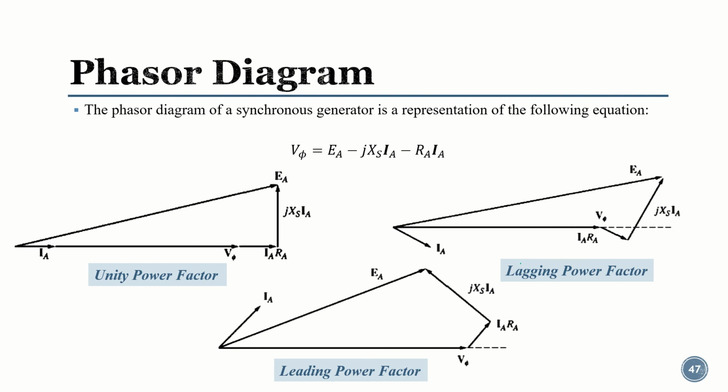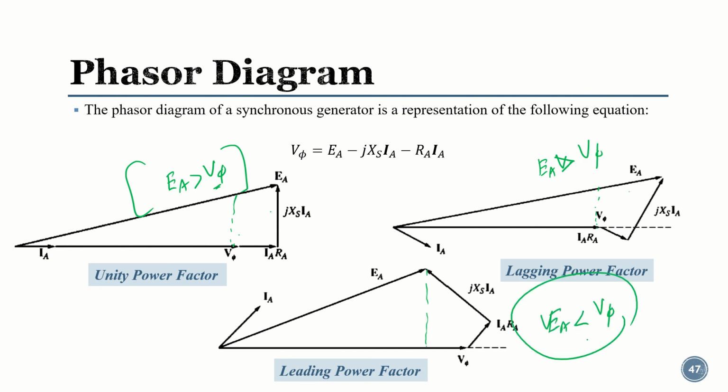Now when the load changes, this phasor diagram will change. Another thing you can notice is that in this case your induced voltage EA is greater than the phase voltage, which will also help us when we analyze the voltage regulation. For the lagging power factor, you can notice that EA is also greater than V phase, but for the capacitive case, EA is less than the V phase voltage. So that is the basic relationship for the different cases.